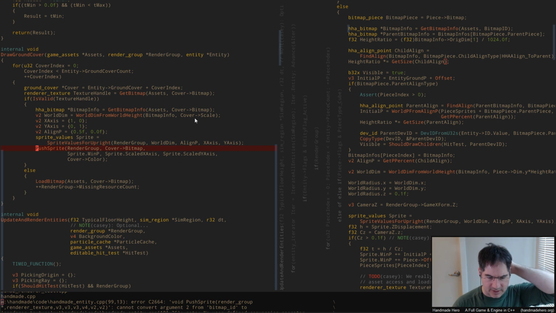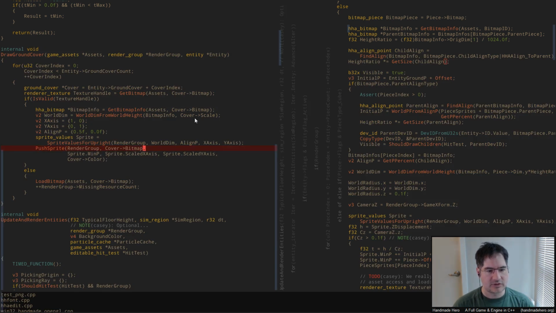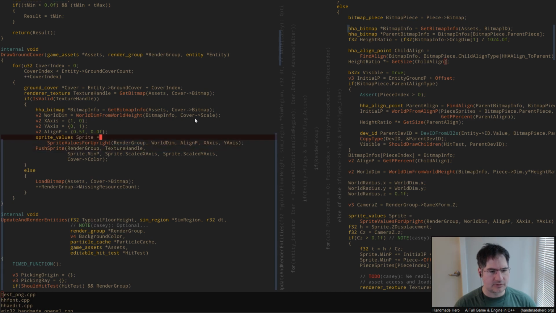Push sprite is unhappy. What is it? From bitmap ID to... Oh, render texture. So this just wants the texture handle at that point. And it also looks like it wants...